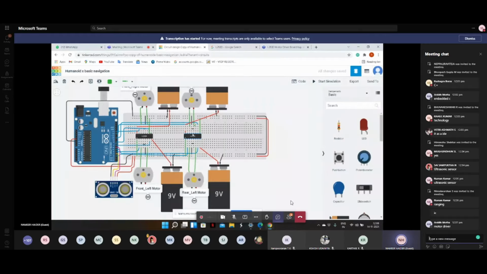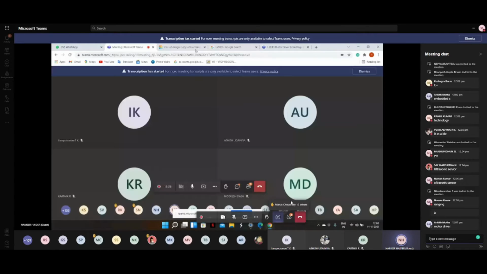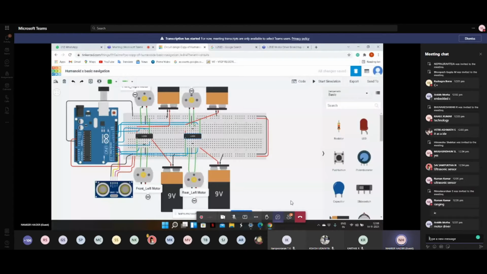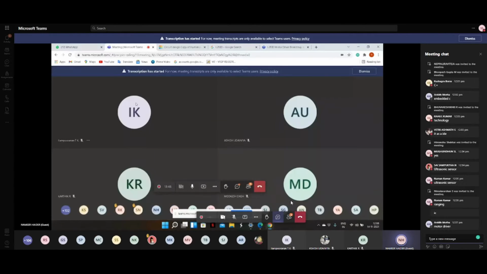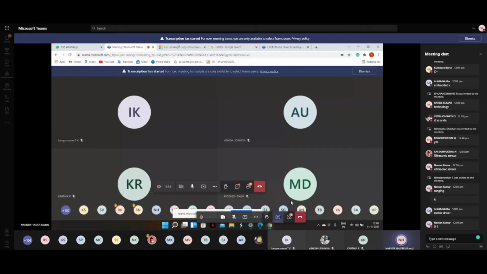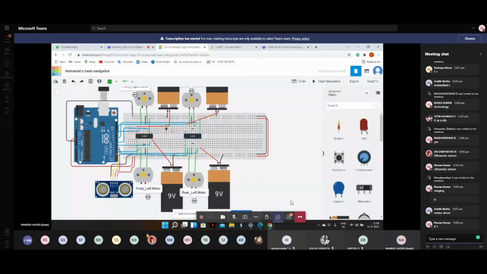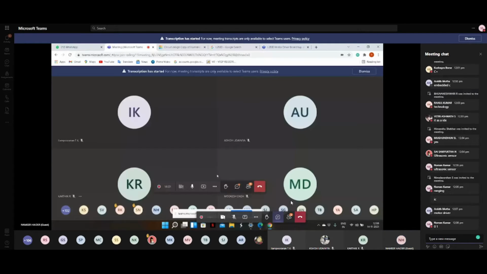Does anyone know the use of the ground pin? Input pins, output pins, ground pins, enable pins. Are these just names for some basic functions, or do they actually mean something? Does the name tell you something? Input pins, output pins. Input pins are used to input the signals. Yeah, somewhat correct. Good.